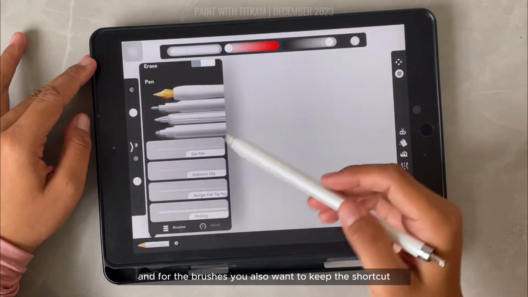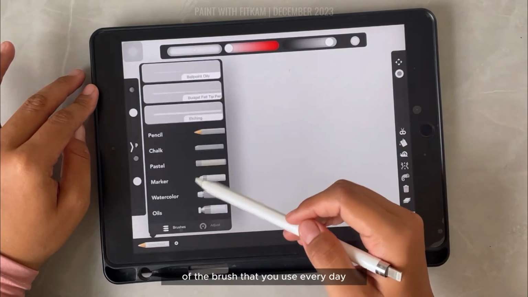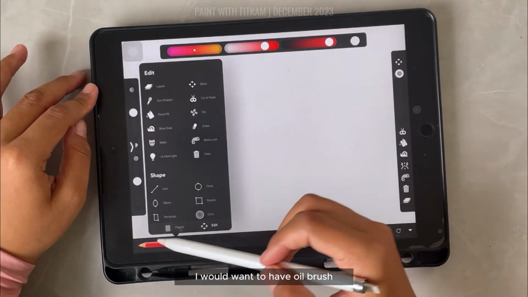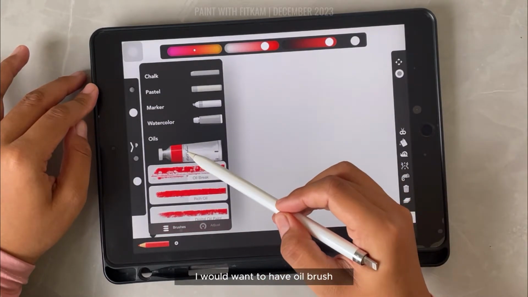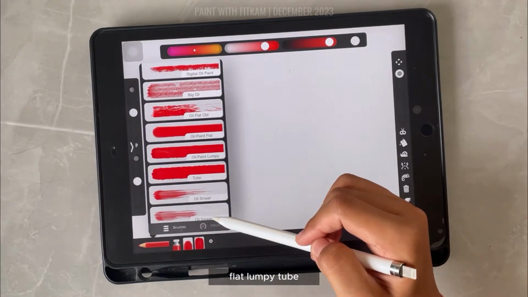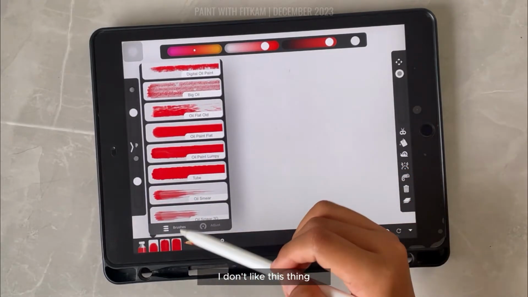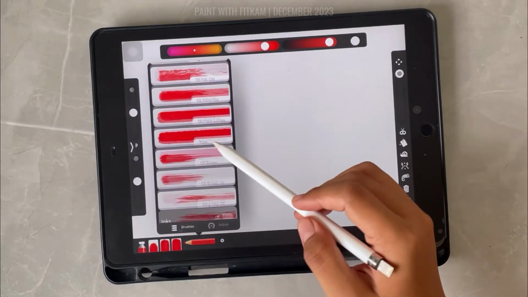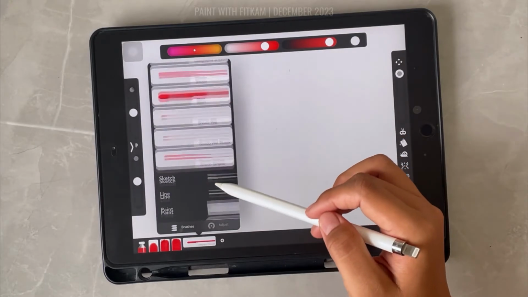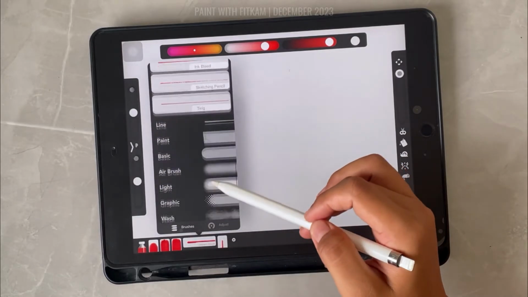And for the brushes, you also want to keep the shortcut of the brush that you use every day, that you use the most. For me, I would want to have oil brush, flat, lumpy, tube. I don't like this thing. Calligraphy, and I would also want to have marker pen round,